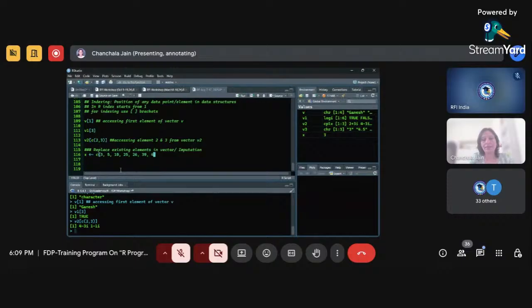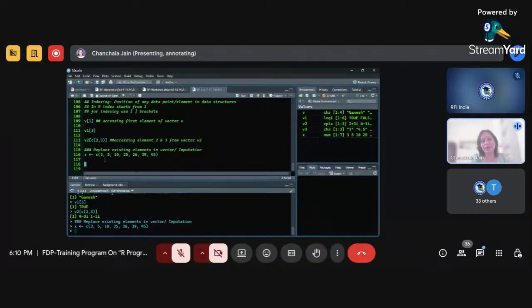Any figures you can store in the X vector, means any vector you can create. It is not necessary to create the same vector with the same name. Up to you. If you wish to go along with me and create the same vector, you can do that. If you wish to store your own values, you can do that also. So I have created the X variable, and in the X variable I have stored 7 values,